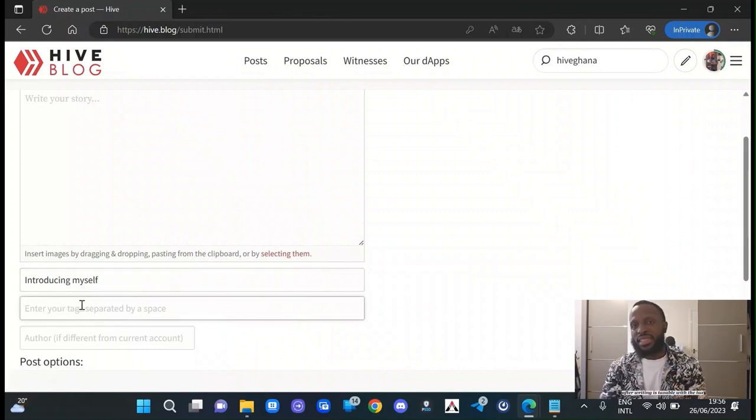After writing each tag, separate the tags with just one space, and you can use a maximum of 8 tags over here. So for this post, I'm going to use tags like introduction, then I give my space as seen on the screen. After that, I'm going to give another tag like blockchain. So when people visit this tag, they're going to see my work. Another space. We choose another